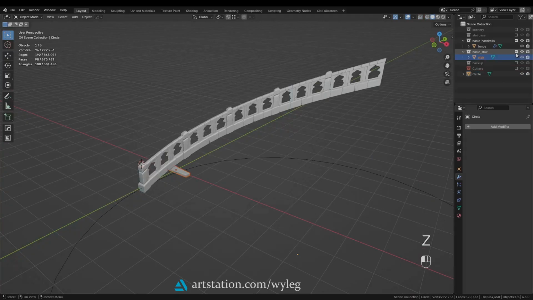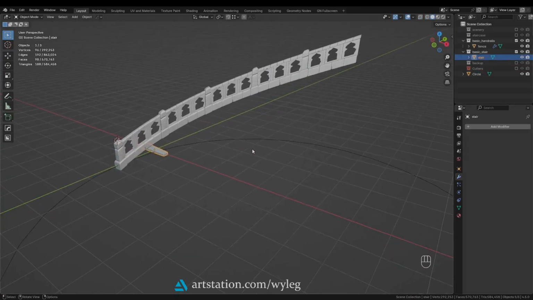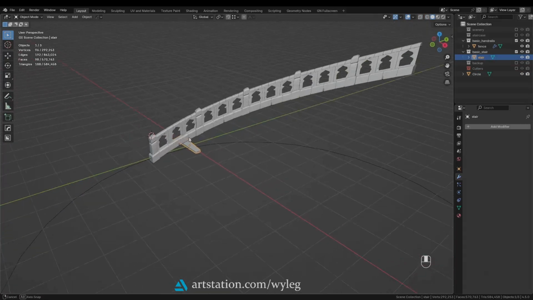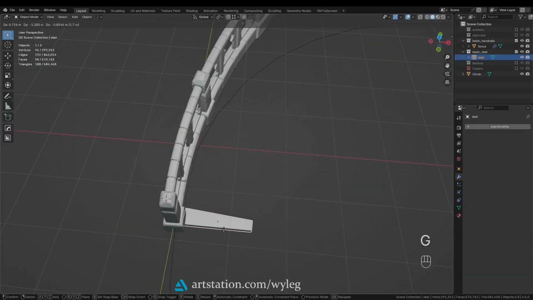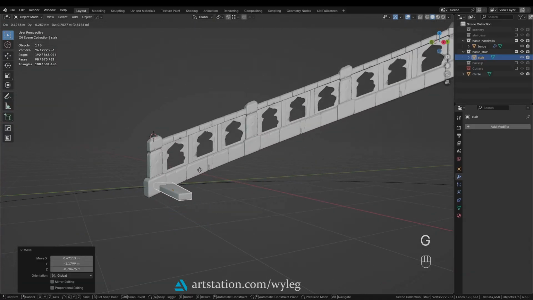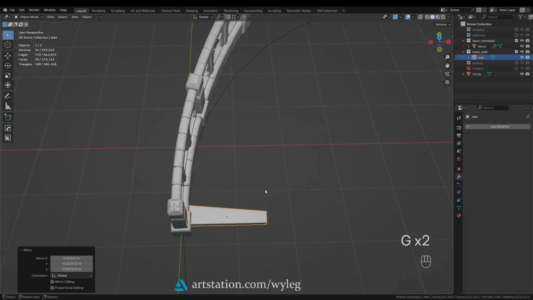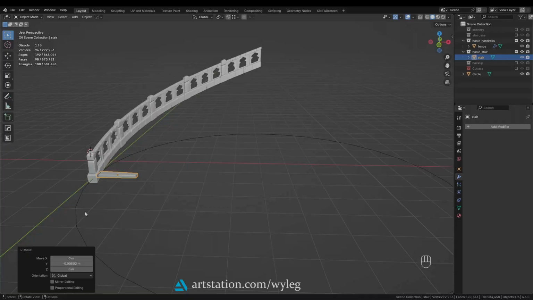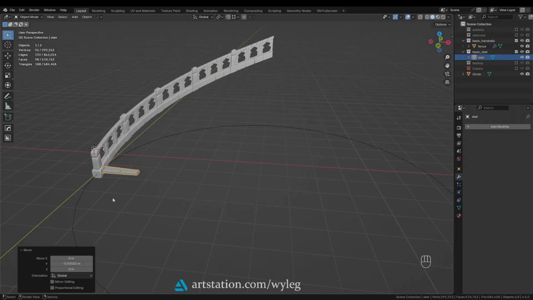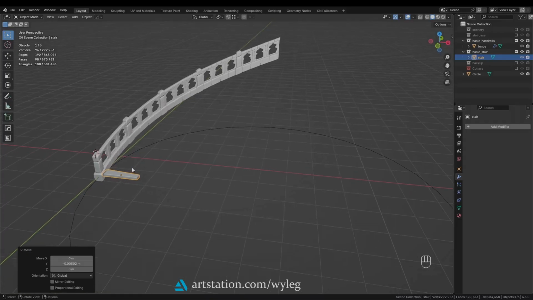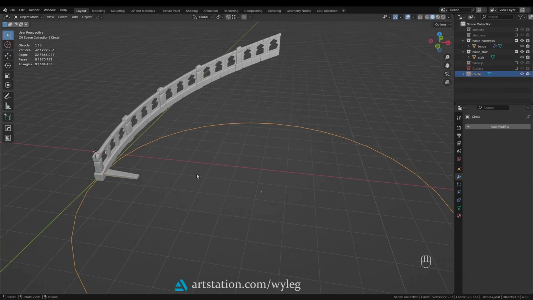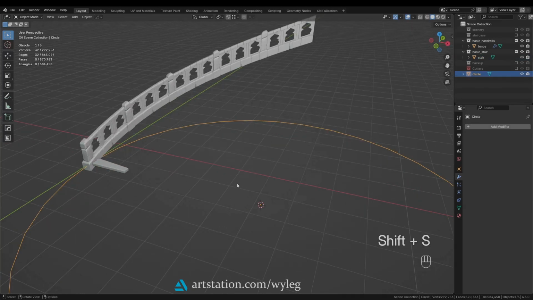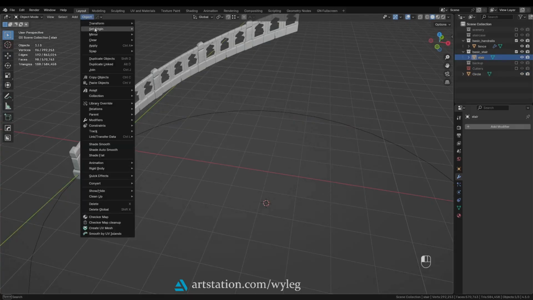Now what we need to do is to match the origin of our stair with the origin of our auxiliary circle. So we place the 3D cursor here and we set the stair origin to 3D cursor. Right? Now we don't need the circle anymore.